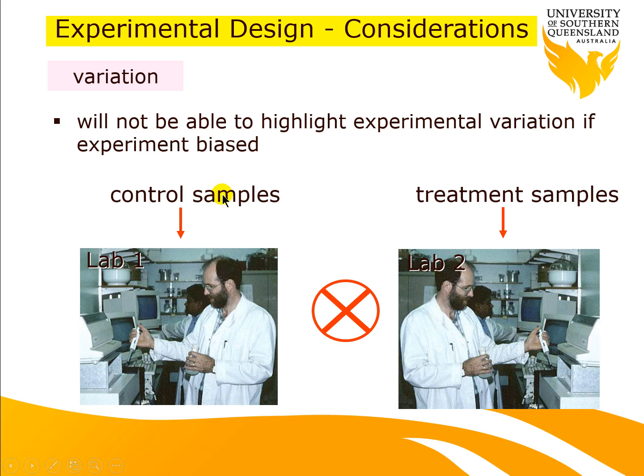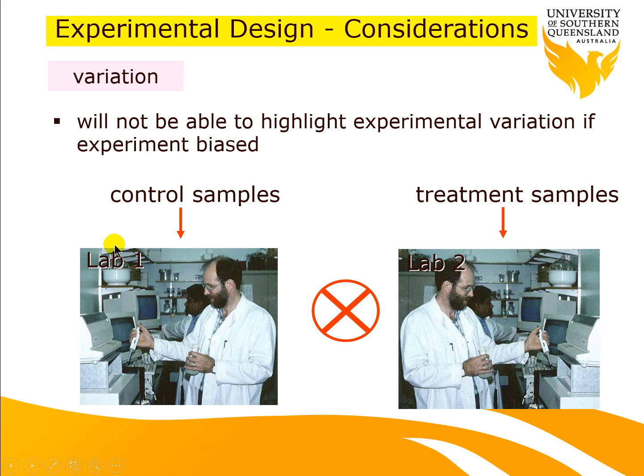If we ran all of our control samples in lab 1 and all of our treatment samples in lab 2, how do we know that any differences between treatment and control samples aren't due to some difference in the lab that we performed the analysis? This is where we need to think about randomization. It would be much better to randomly allocate control and treatment samples to each lab,